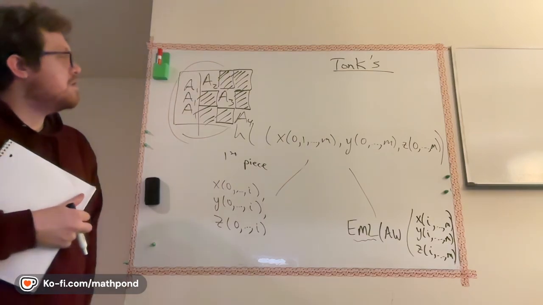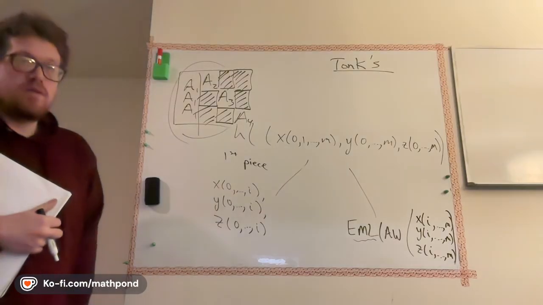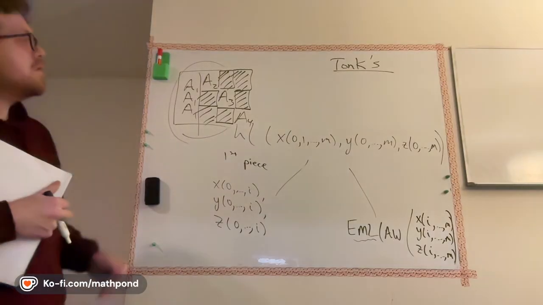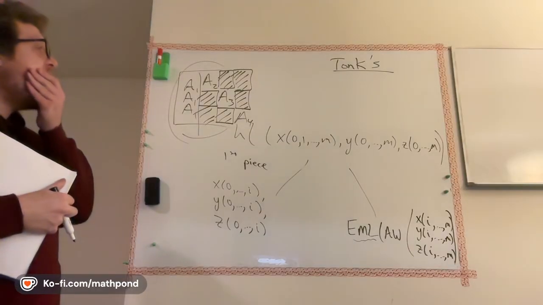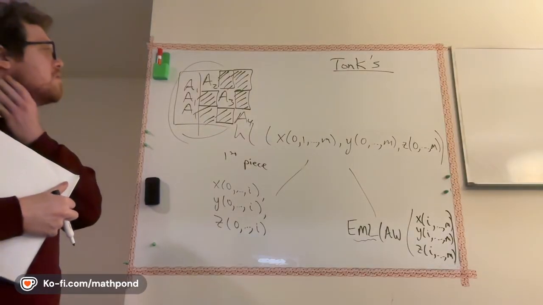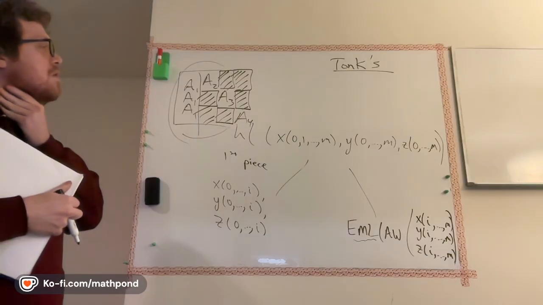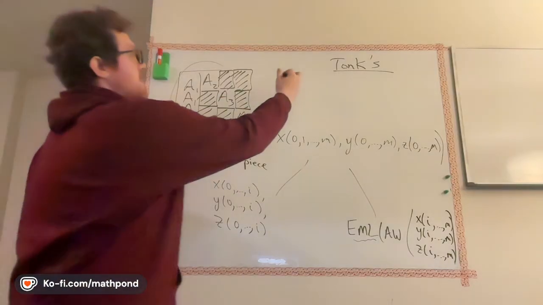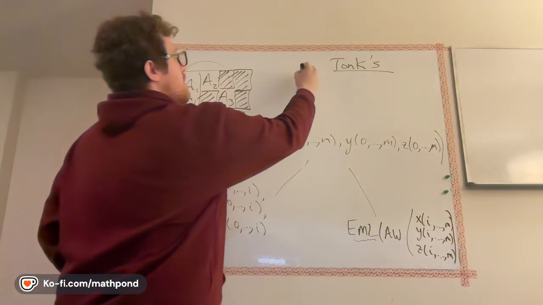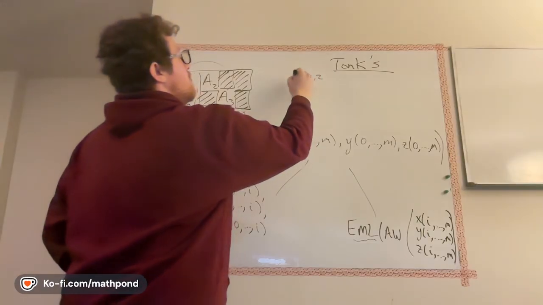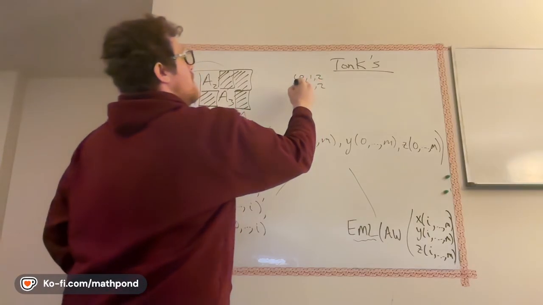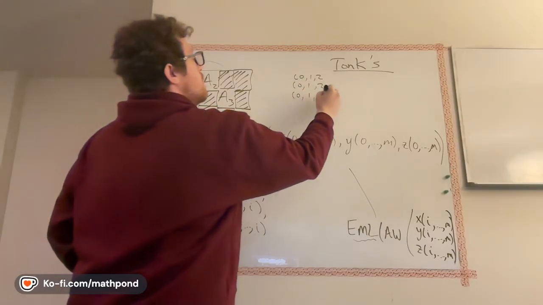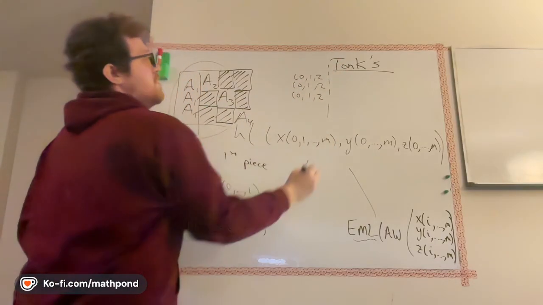Right. But what gets shuffled is where the numbers get repeated. So here, let me just write out an example. You might have 0, 1, 2, 0, 1, 2, 0, 1, 2,